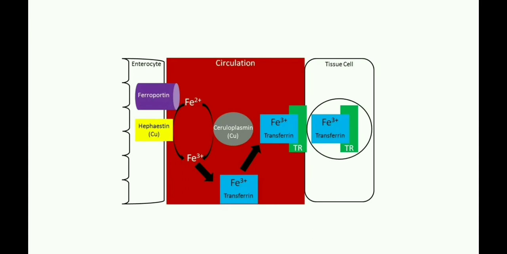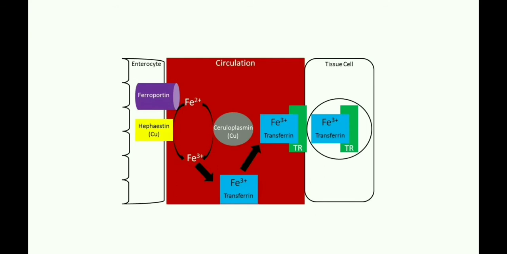So in this picture also you can see those transporters. Here this iron has already reached into the bloodstream via the ferroportin transporter. Now when it reaches into the bloodstream, it is transported by another protein called transferrin. So this transferrin helps in the transportation of iron, and then it can bind to the transferrin receptors which is